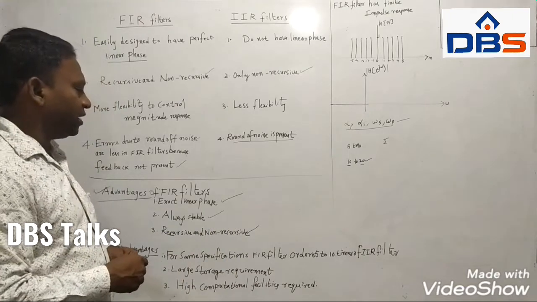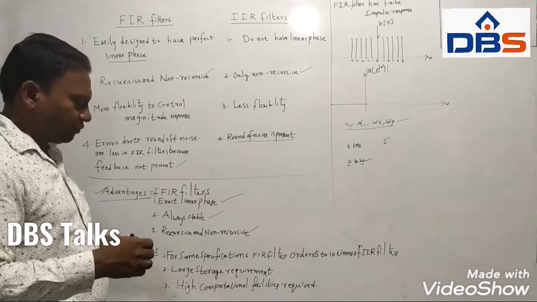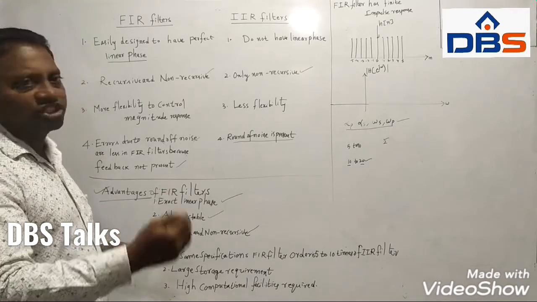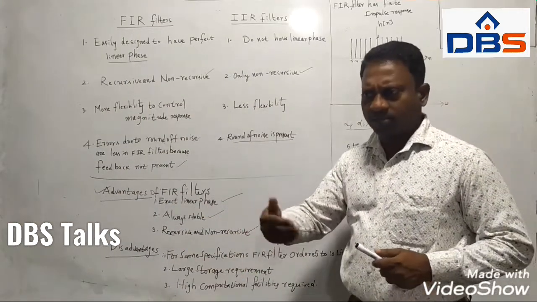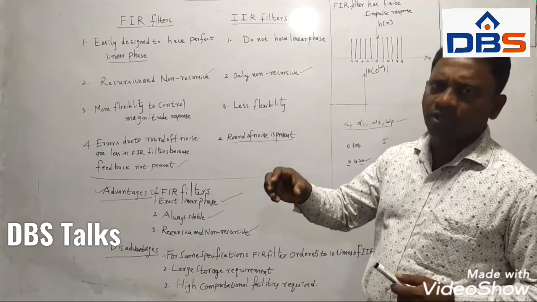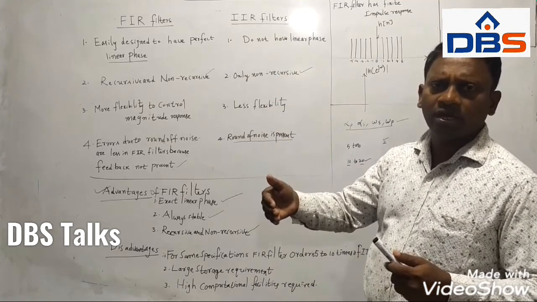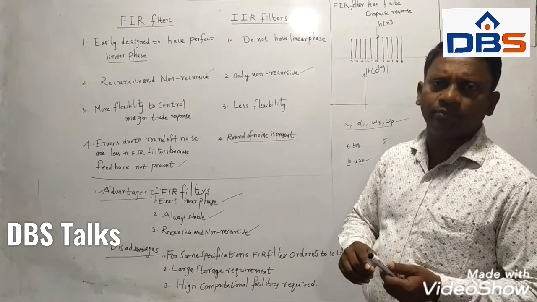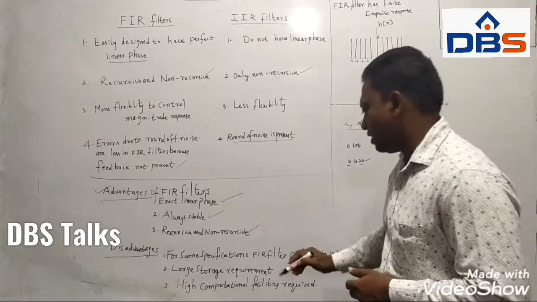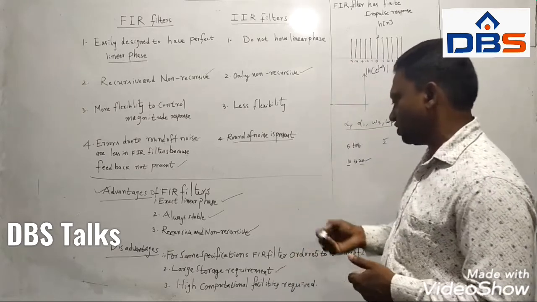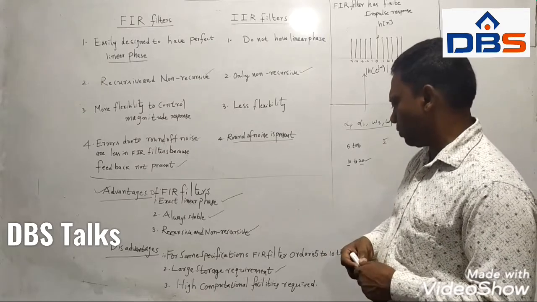A large storage requirement is another issue. When you have a feedback connection, we have to save the present output values in order to use them at the next time instant. If you want to store the present inputs and the past inputs and outputs, we need memory elements. Therefore we need a large memory, a storage requirement. That is one of the design problems.